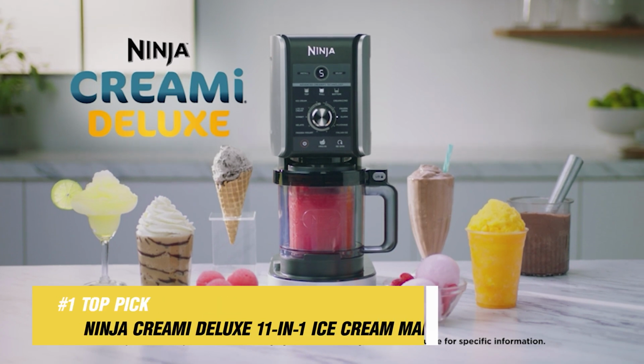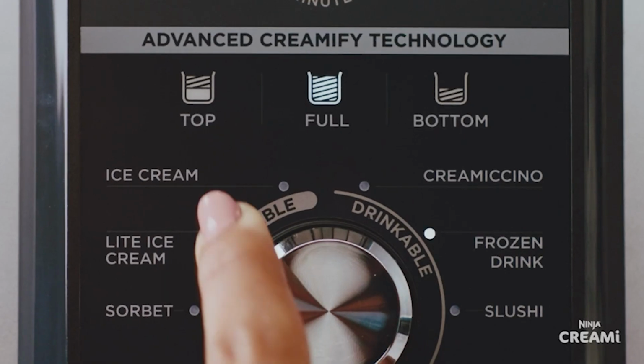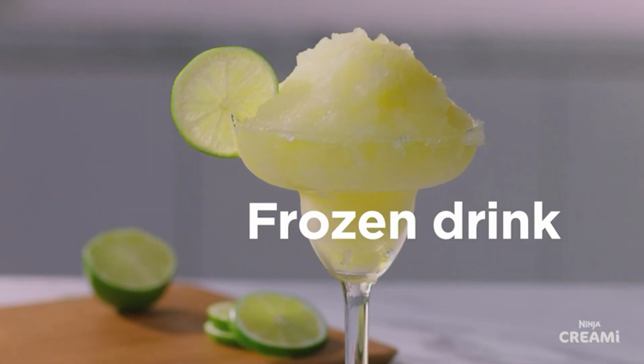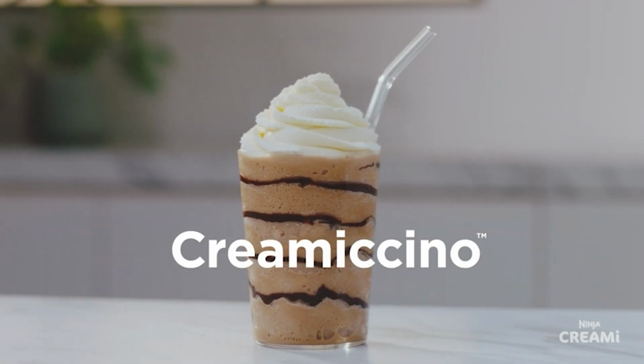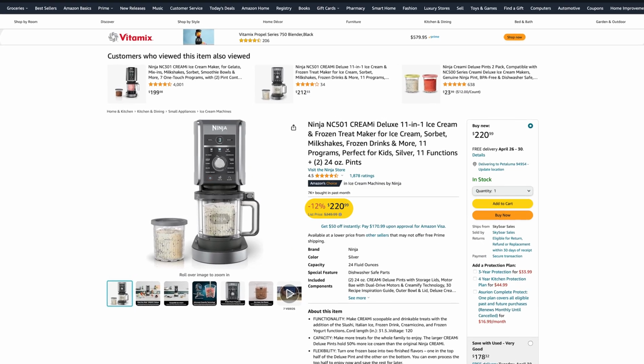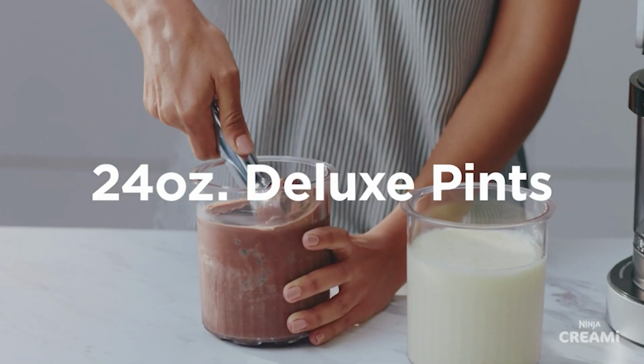All right, up first we have our top pick, the Ninja Creami Deluxe 11-in-1 ice cream maker. Now, diving into some of the pros and cons. For the pros, it delivers excellent results and is very simple to operate. It also has very versatile functionality. Now, as for the cons, it is a bit pricey. There is a limited capacity of ice cream that you can make, and the base needs